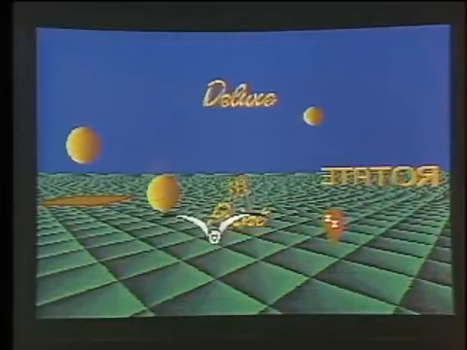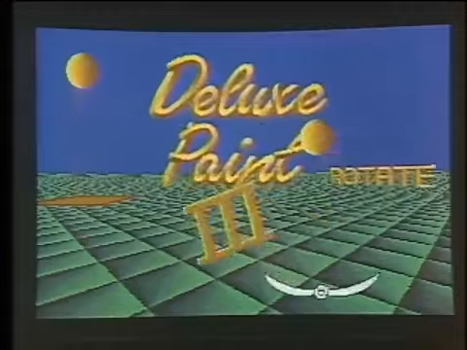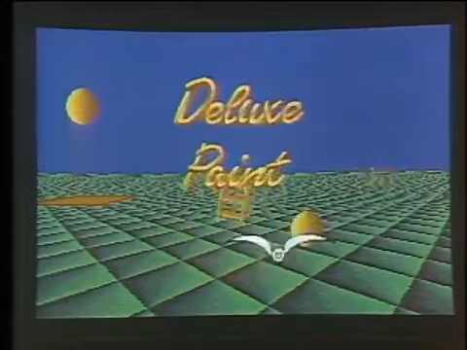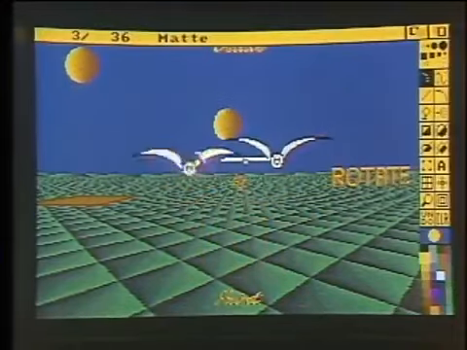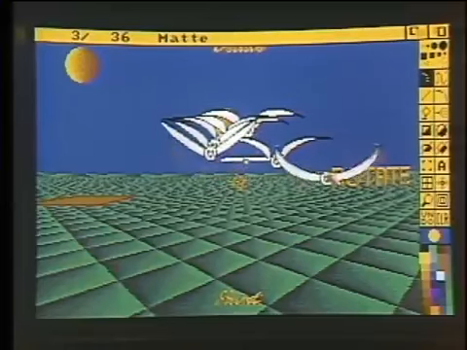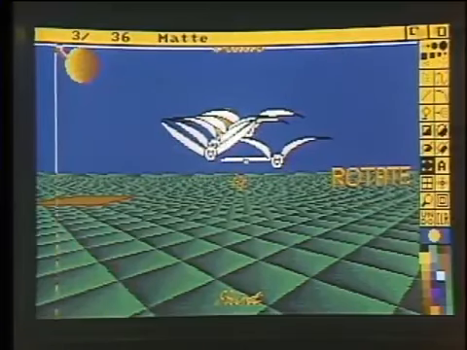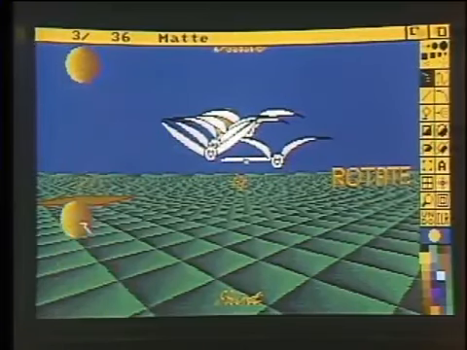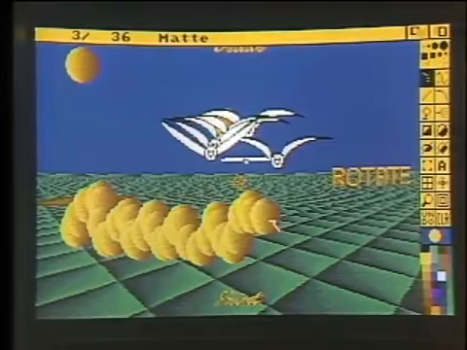Fly on past me there. Now we've got a bird doing a flyby. Here he comes and zooms by. And these anim brushes can be used to do anything that a normal brush can be used for. You're doing this in real time now, this is all real time. Just as I can use a normal brush to paint with,